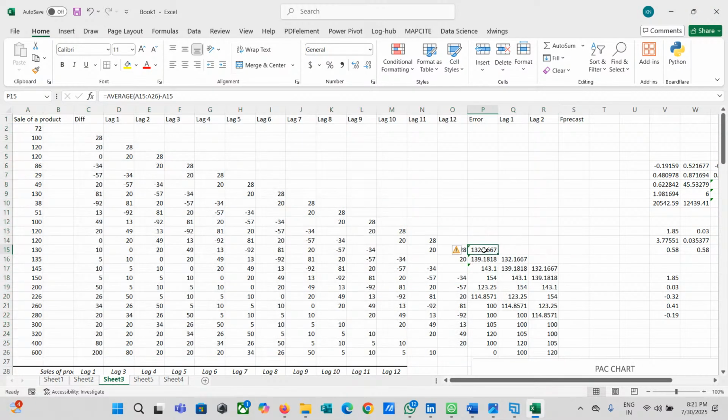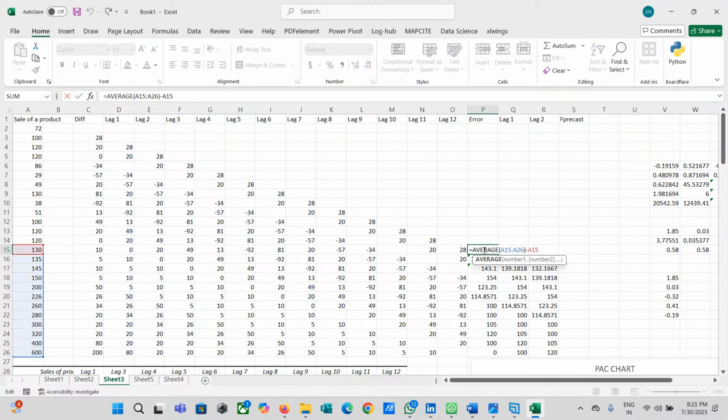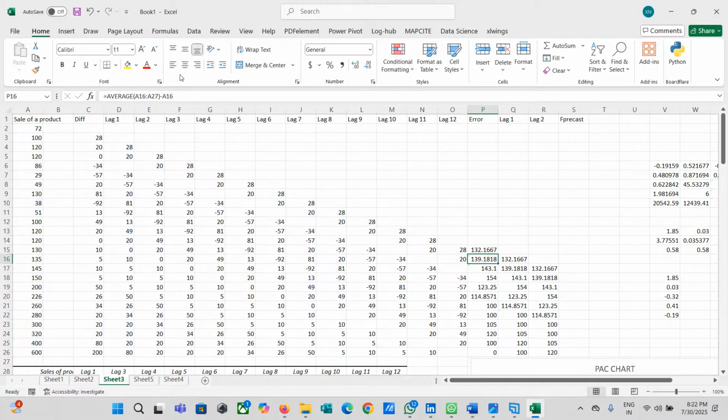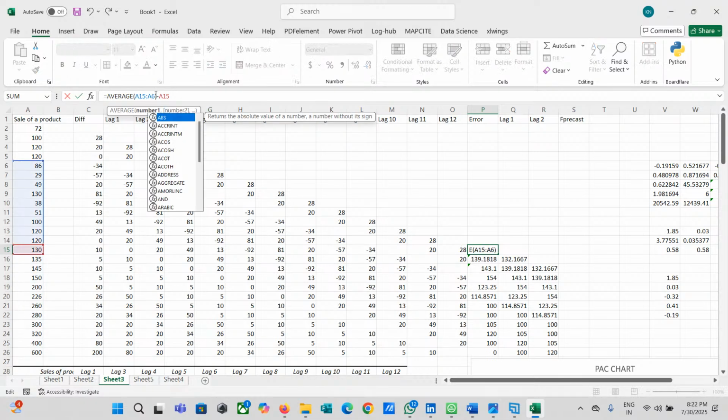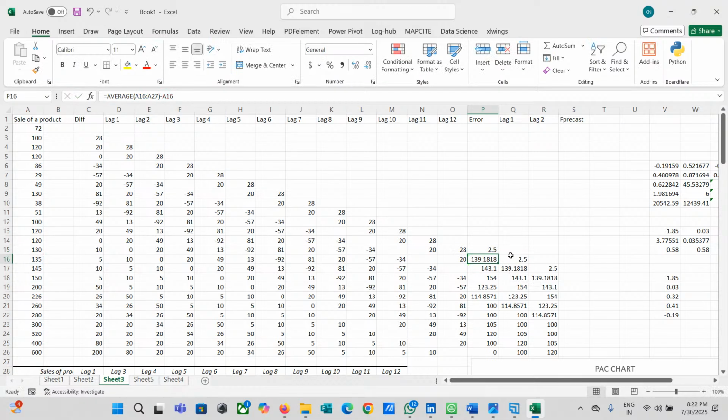Let us check the error here. The average minus A15, right? Okay. Instead of taking the average of the entire data set, let's take the average up to 2 points. So this gives me the average up to 2 points. Yeah, this looks better.